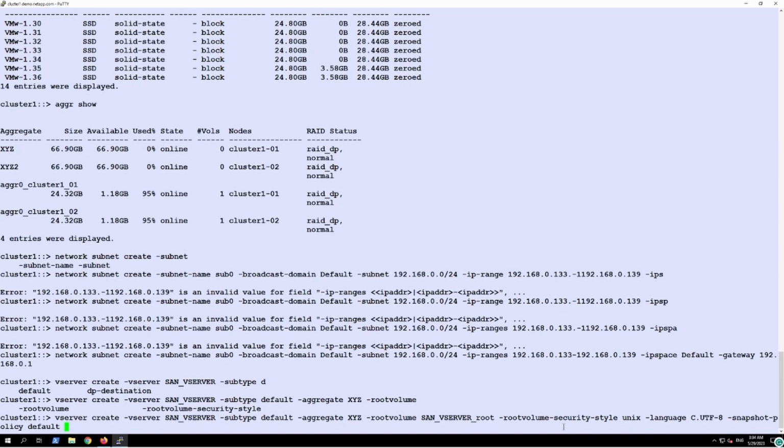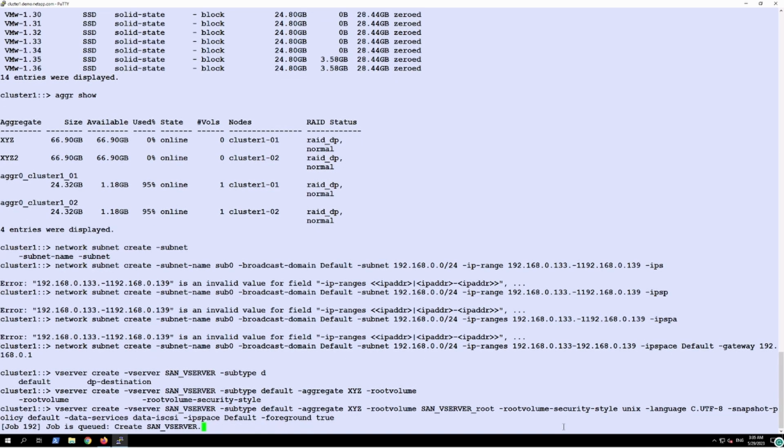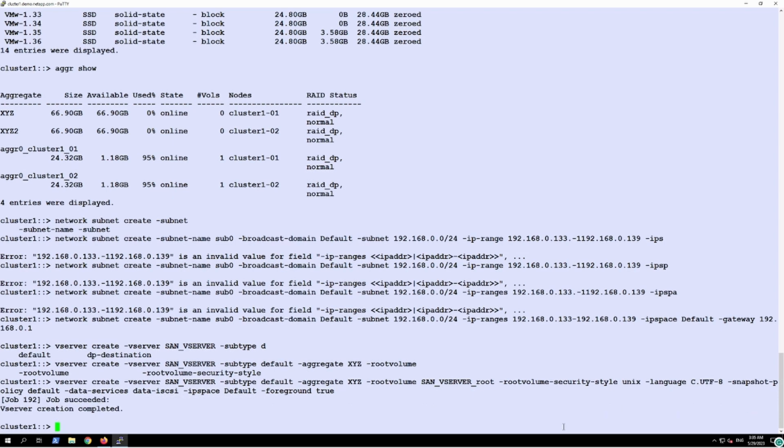Snapshot is going to be default, and I just want to specify data. These are the default configuration; even if I don't specify, it is going to take the same values. So I'll just specify the ones required for my testing. It's data iSCSI because I want an iSCSI connection, going to access using IP space default, and going to run for control. So this will create a